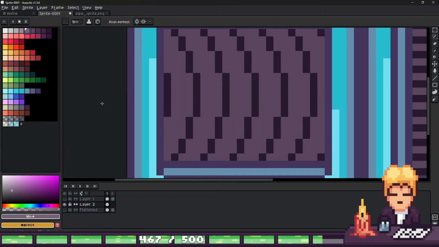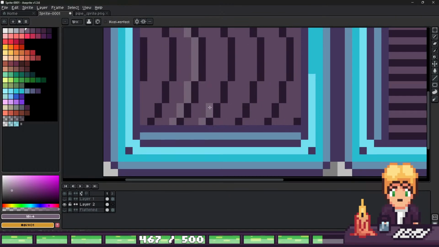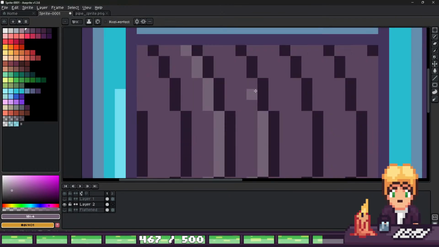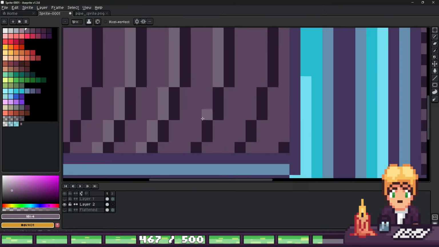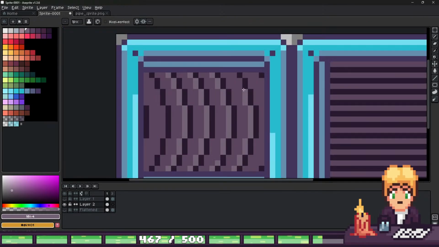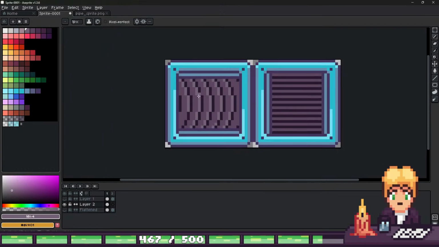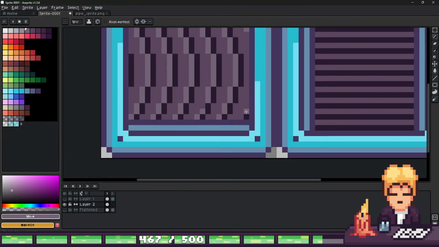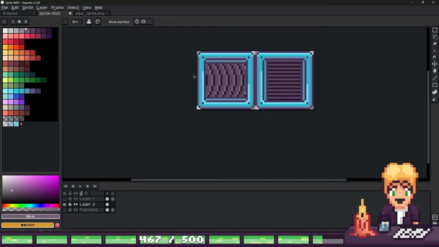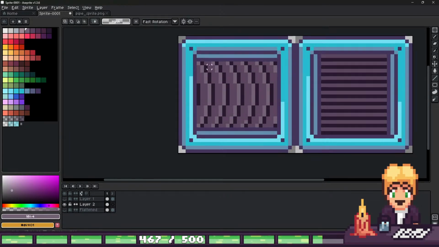This way. So we know always in which direction it goes. This way. All right. And to make it move,